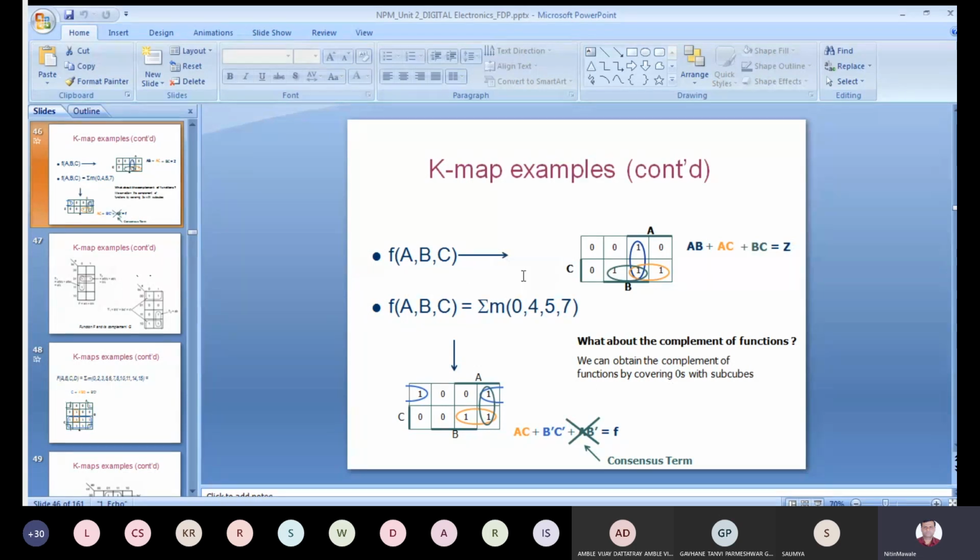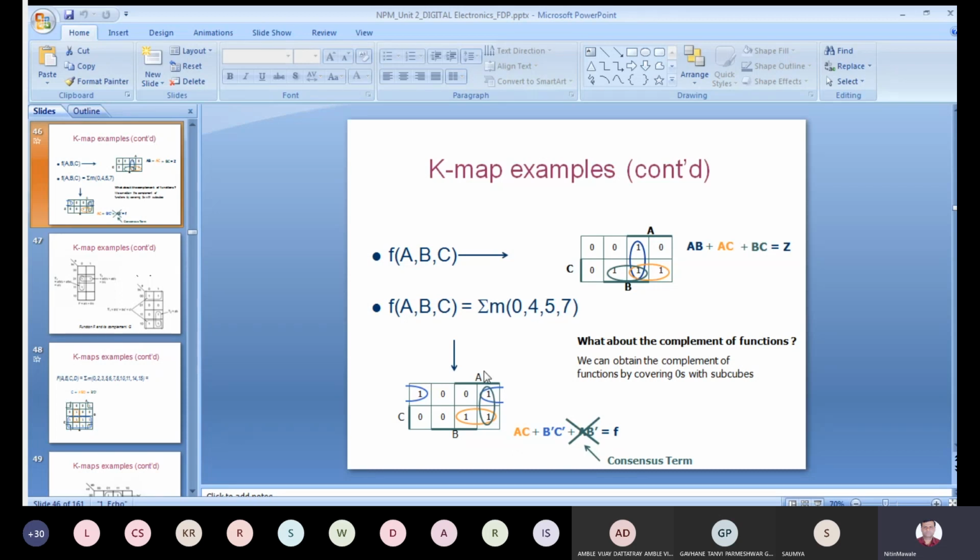So note down that problem and check whether you are getting this answer or not. For this problem, this is a problem, this is a solution. Here you should draw the entire K-map. A, B and lower side C. So 0, 1, 0, 0, 0, 1, 1, 1, 1, 0. You can complete.